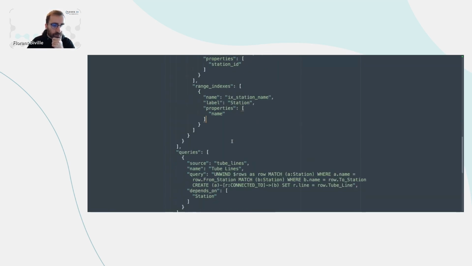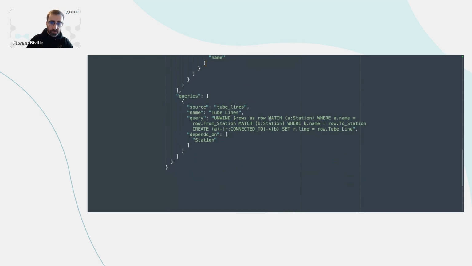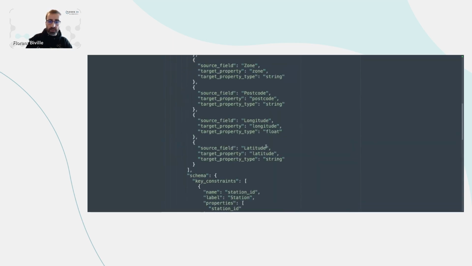And finally, that's where the no-code part of the title is a bit of a lie. Ideally, we would have a relationship target, but there is a slight limitation that we will fix soon. So instead, what we've done is a custom query to link stations together, because a station is connected to another one. And we use a custom query, and there is this magic parameter here. That's basically the current batch of records. That query will be run as many times as there are batches to process from the source, being tube lines here. And the row is basically a map, and the keys of this map